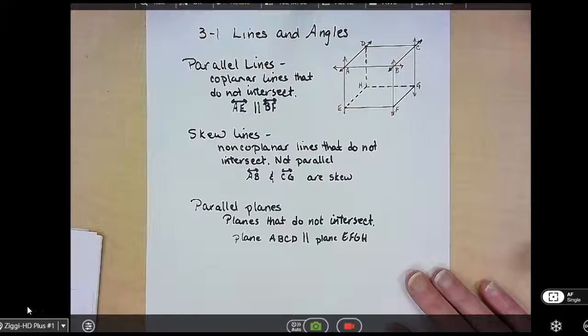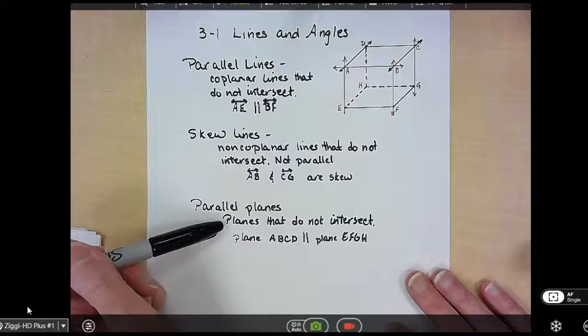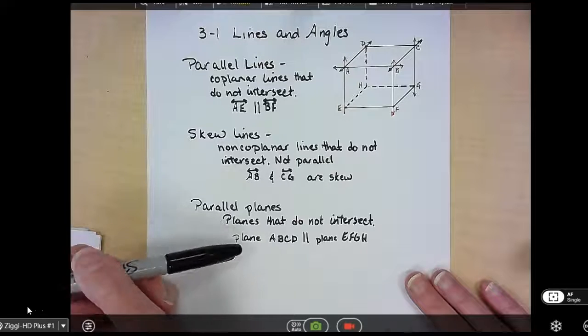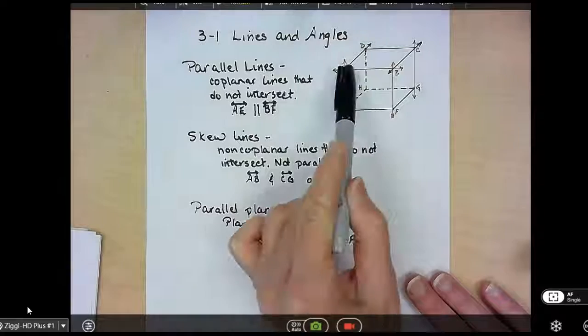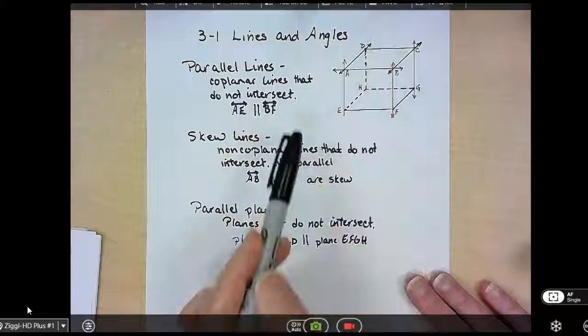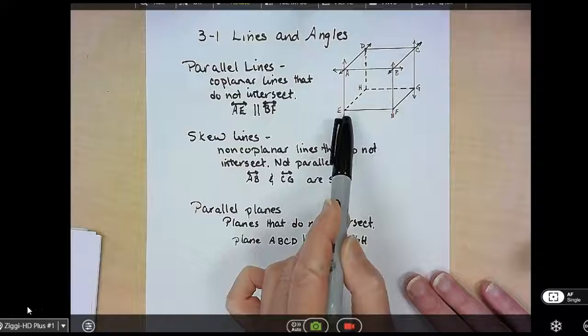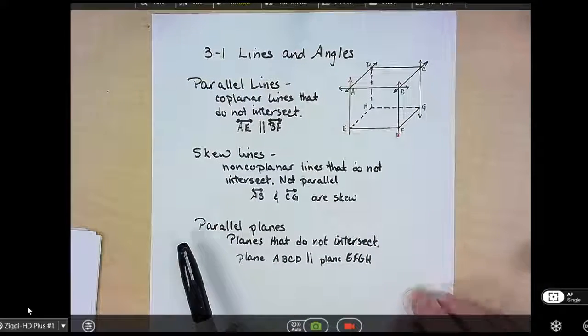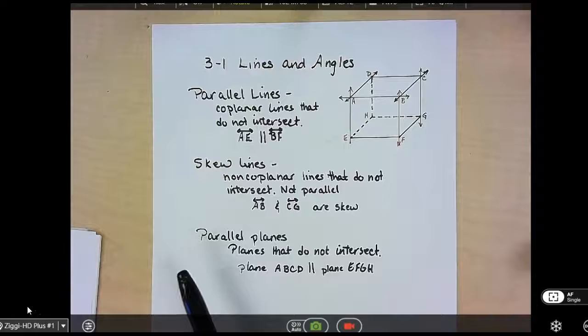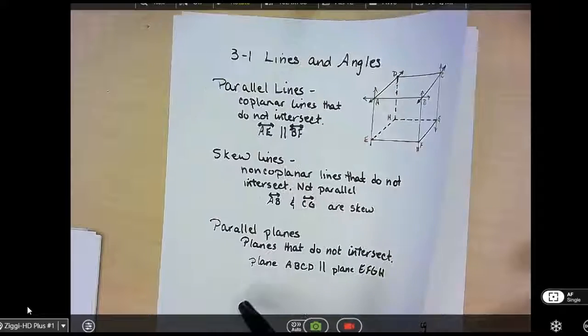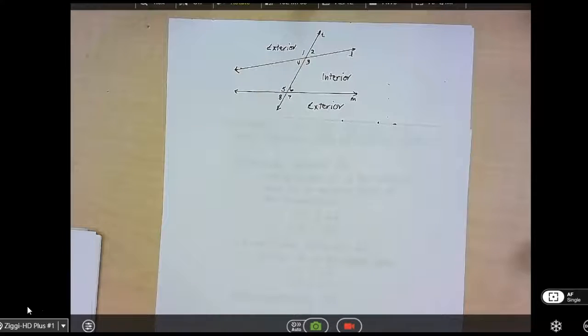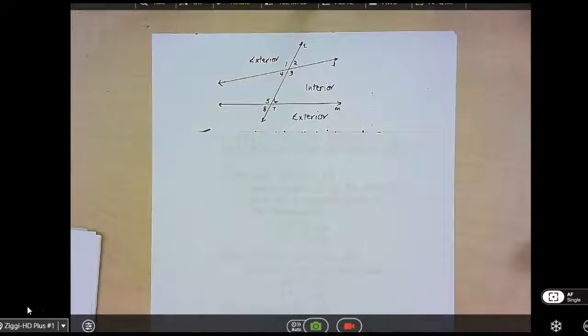Looking at parallel planes, these are planes that do not intersect. If we look at plane ABCD, that's your top here, it would be parallel to plane EFGH, the bottom. After some examples, we start talking about our different types of angles that we get when